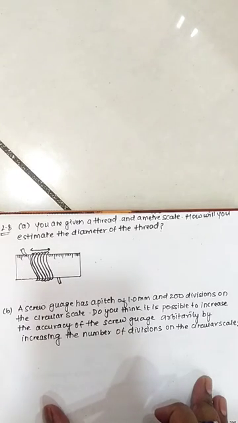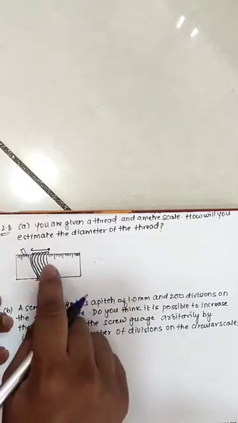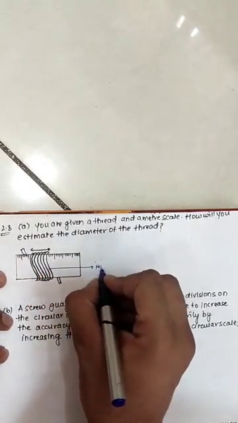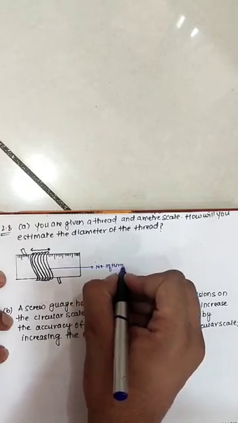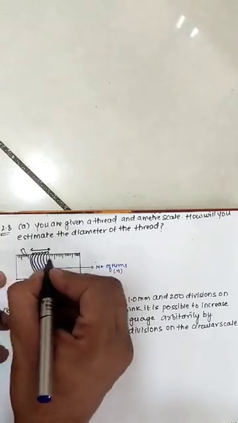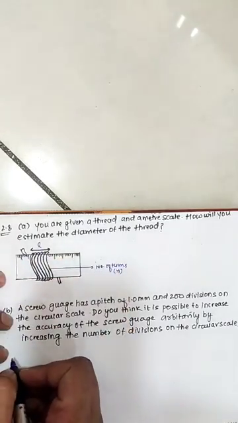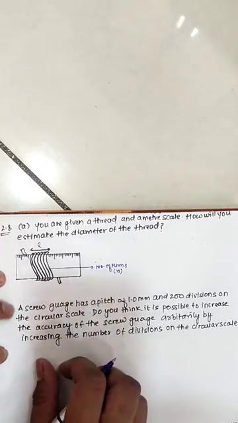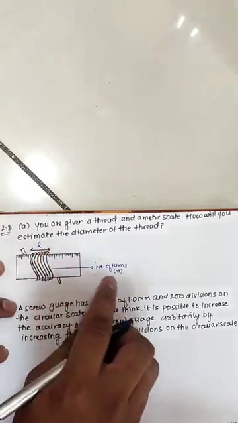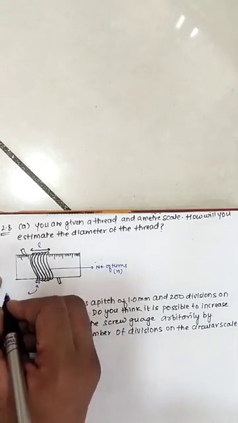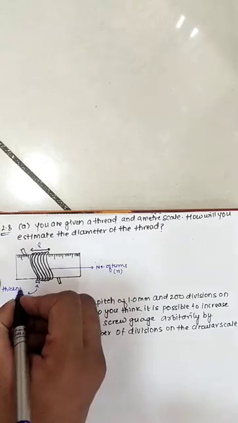You are having only two things with you, that is the scale and the thread. Now how to determine the diameter, or you can say the thickness of the thread? A simple strategy you can use is to wind the thread on the scale so that the turns are very close to each other. From here you can calculate the number of turns, that is your n. And as it is wound on the meter scale, from the divisions you can calculate the length. So by dividing this length by the number of turns, you can get the thickness A of the thread.